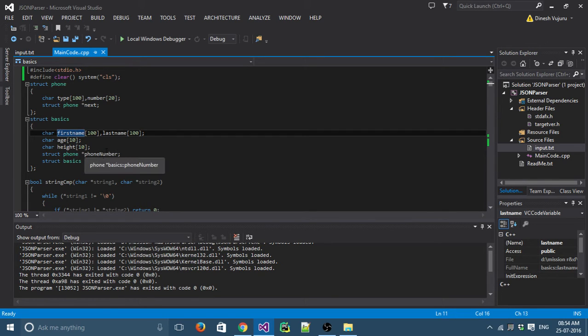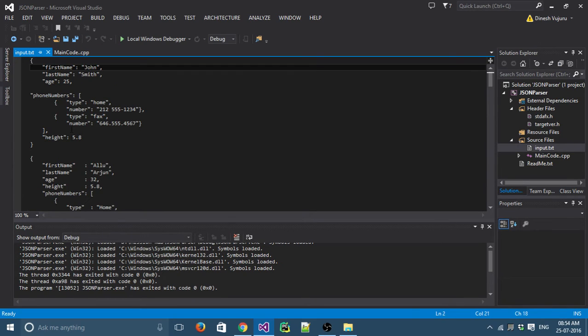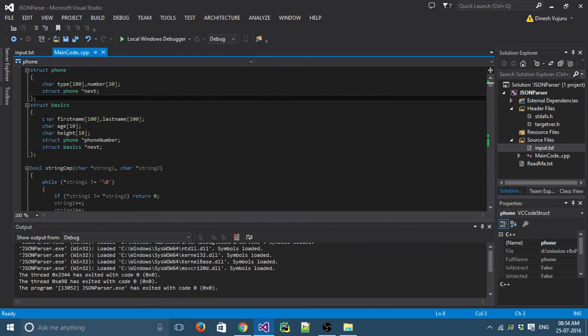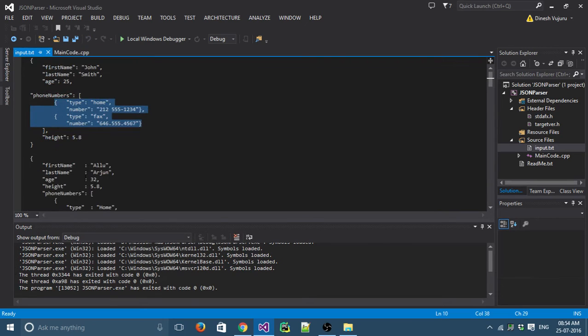And next, coming to phone numbers, as we see here it is again nested, so I am taking another structure for phone numbers, and the structure is phone. So here what I am doing is I parse the whole file from start to end and I store every JSON object in the linked list.